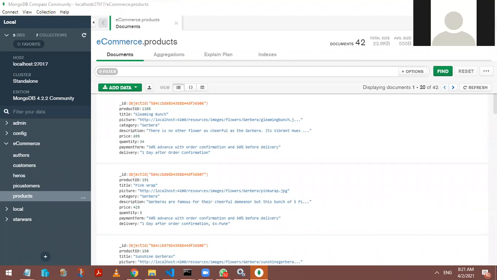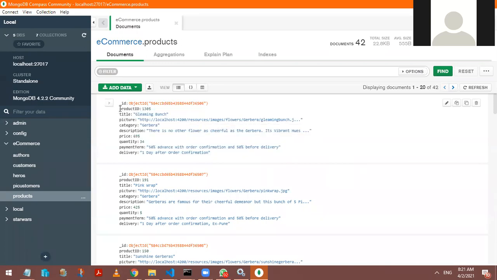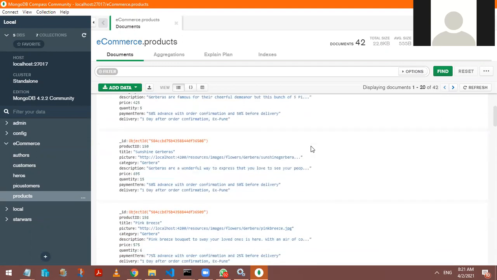Thank you very much. So here I said that in RDBMS, a table contains records. In a NoSQL database, your database contains collections and a collection contains objects. These objects are defined by using key-value pairs like a dictionary object, correct? You have a key, product ID, and the value is 1305. Title is a key and Gleaming Bunch is my product name. Picture is again a key, and here I'm giving the URL of the image which I would keep at some server level.